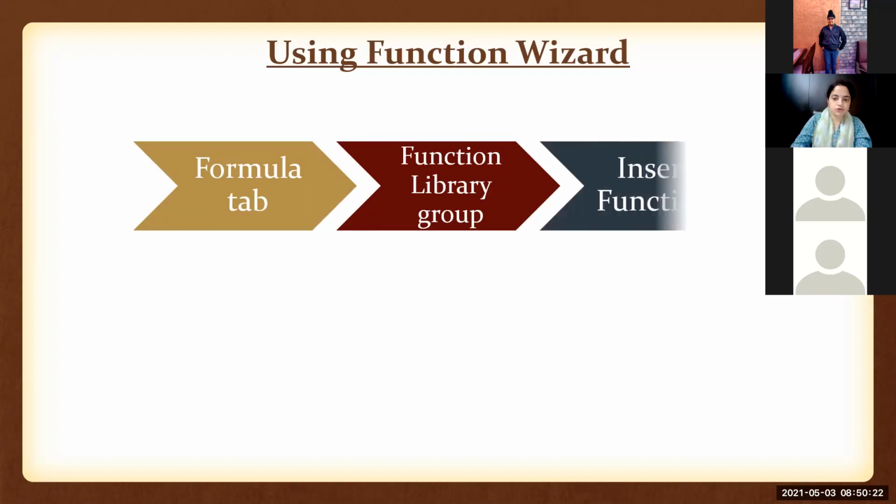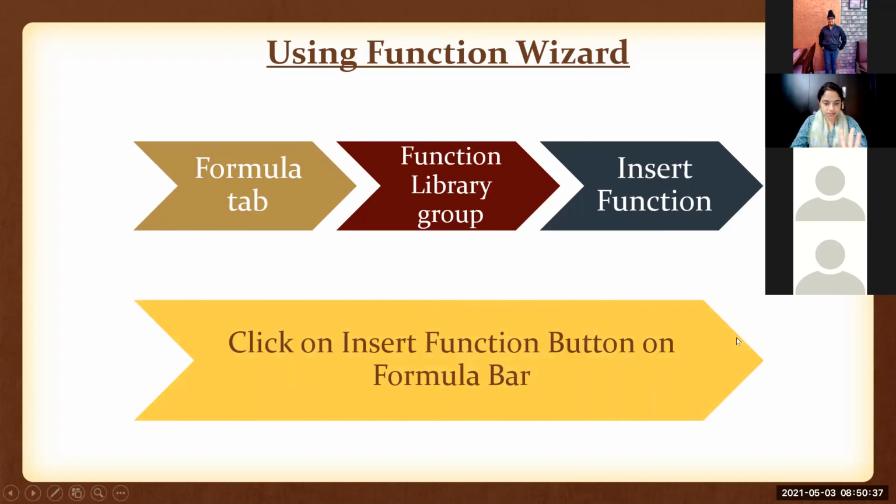Function wizard will help you to insert the function. It will give you the arguments and you will enter them. Second, you can open the function wizard by clicking on the insert function button on the formula bar. I told you there are three buttons on the formula bar: enter button, cancel button, and insert function button. So you can click the insert function button and it will open the same insert function dialog box that opens from the formulas tab. In that dialog box, you can choose the function that you want to use. Clear? Okay, next is